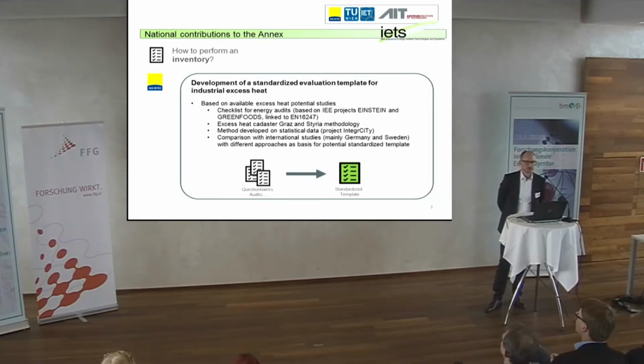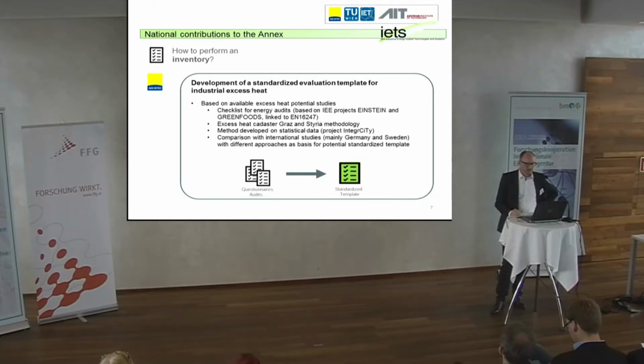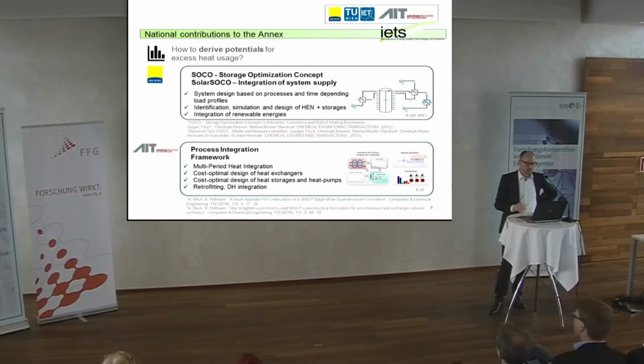So the first is to develop a standardized evaluation template for the industrial excess heat. Therefore, we had a lot of different potential studies, which means different projects led by IEA-IETS. And the idea is to develop from these different approaches from international levels, which means in Sweden there is an international level compared to Austria or Germany, a standardized template for the performance of the inventory of energy levels. And the next step is how to derive potentials for the excess heat usage, and therefore we have